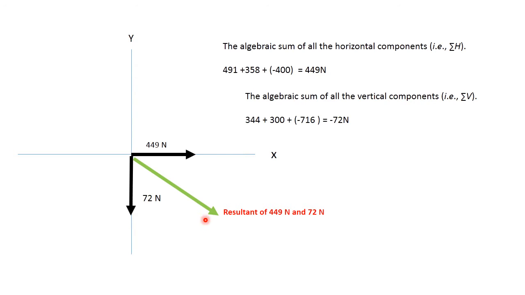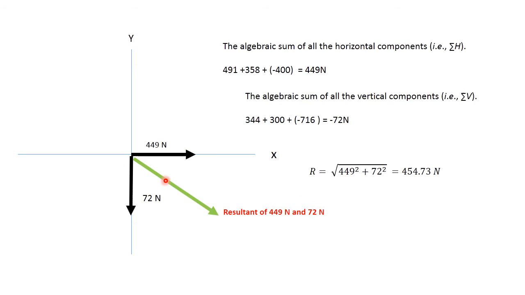Okay, so how will we calculate? You know that when there are two forces, how to get the resultant? Now we will do the composition of forces. That means we will combine these two forces to get a single force, that is this resultant. So in this manner you can find out the magnitude of the resultant. And how to get the direction?